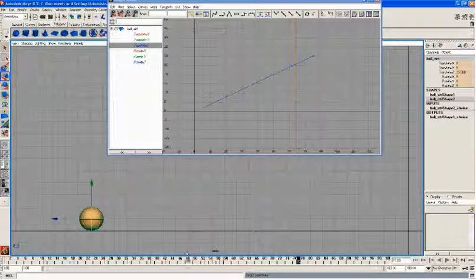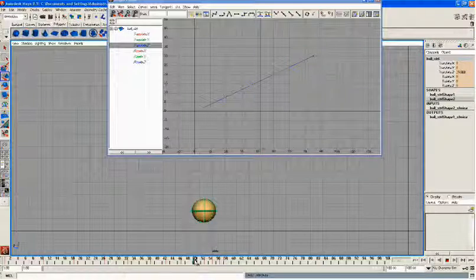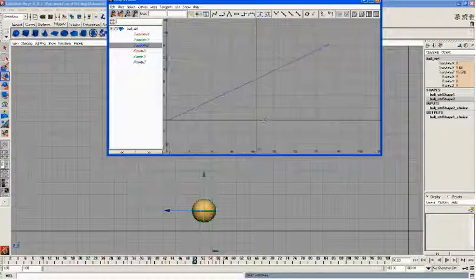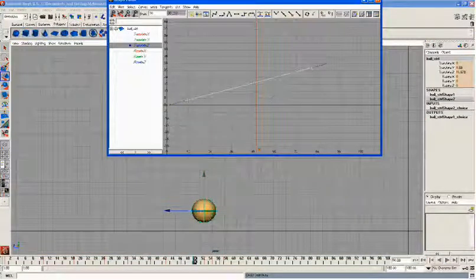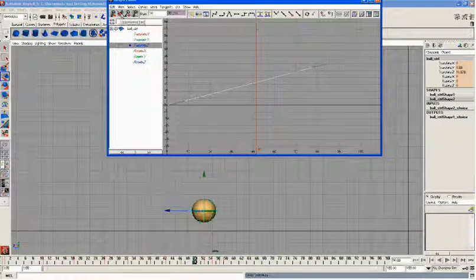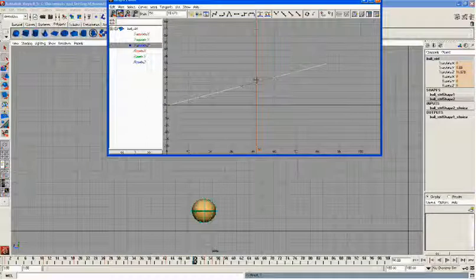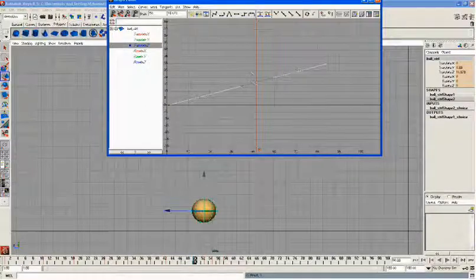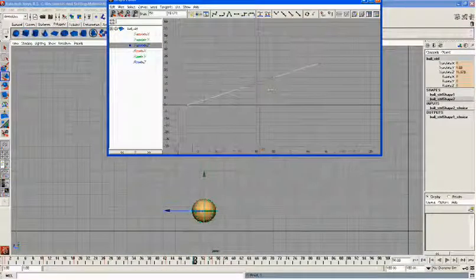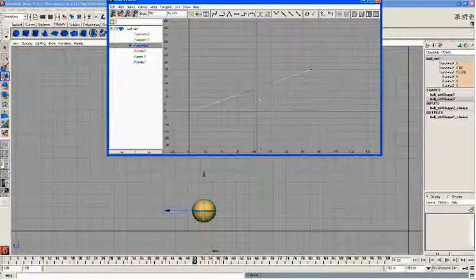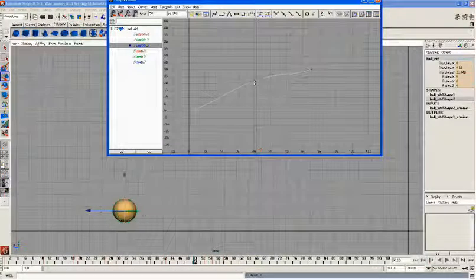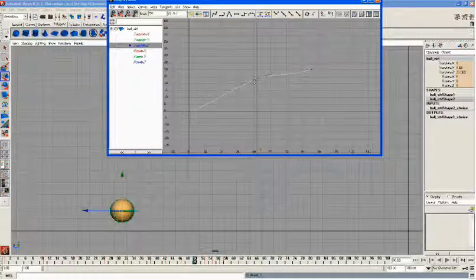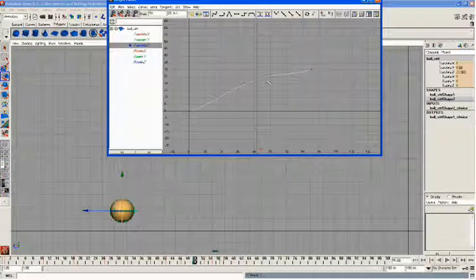So I'll go here somewhere, let's say on the 50th frame, and select this full thing. This is your insert key tool. Select this, click middle mouse button, so you will get a key over there, and move this key a little up, so it covers this area faster and then it becomes slower.